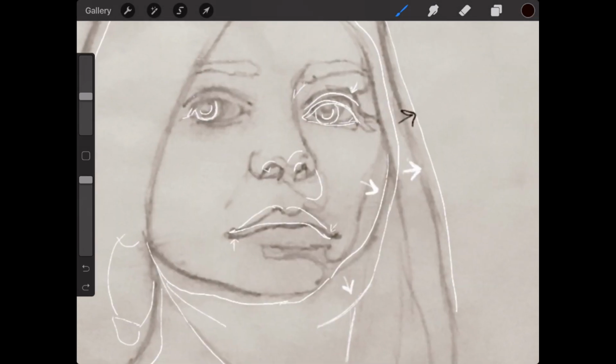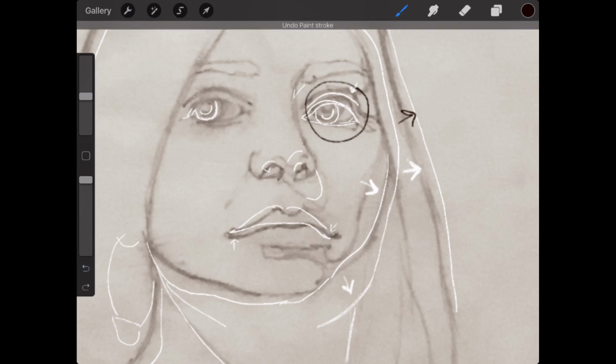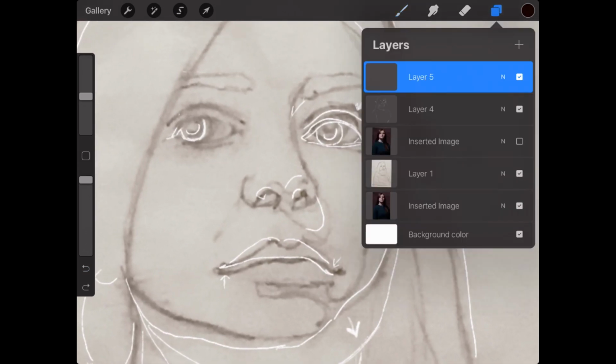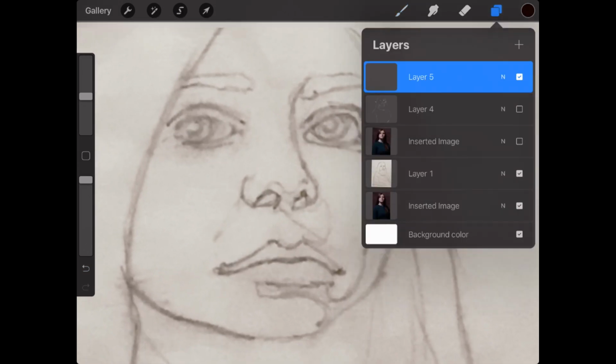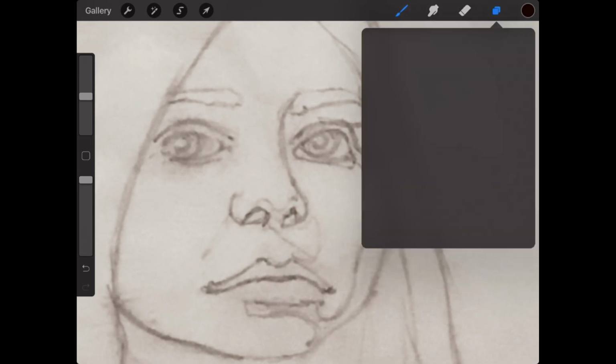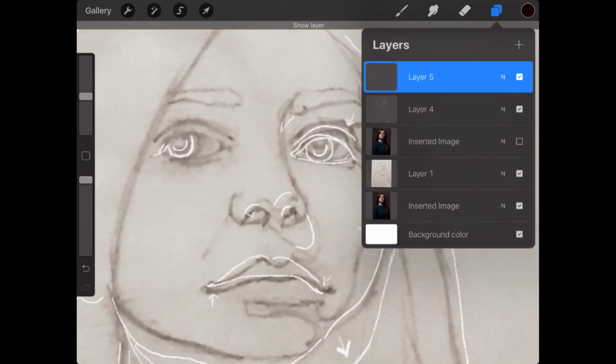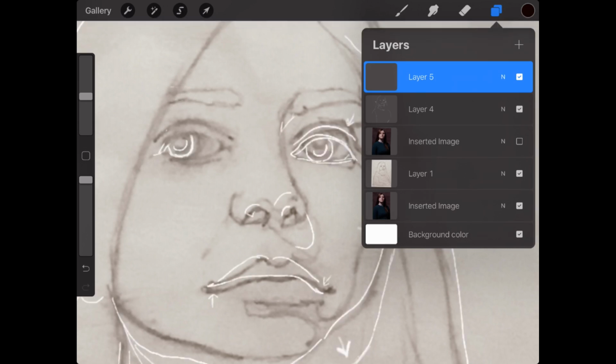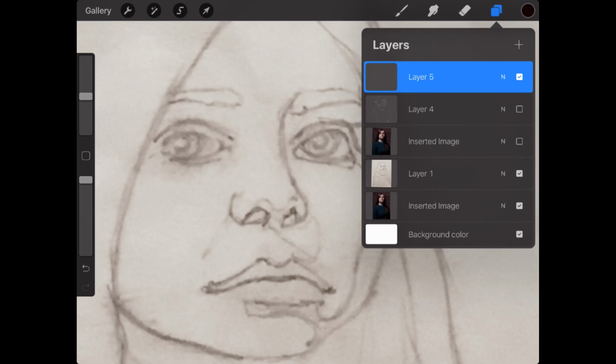The next thing I would do is concentrate on getting this eye in the correct position before you worry about any of the other features. So with regards to the eyes, the left eye is in the correct position as far as the eyelids go, but the iris is a little large, which is also aging her just a little bit.